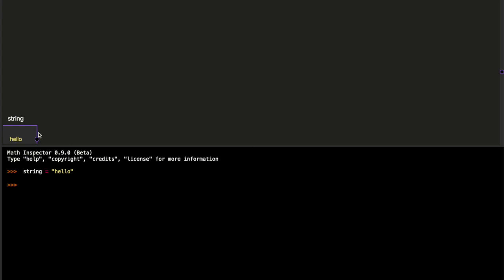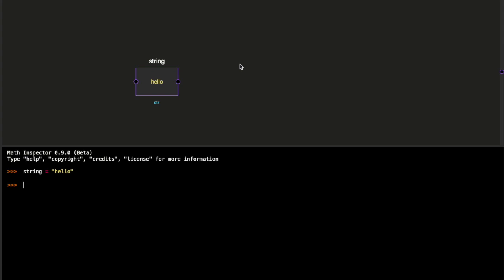That's going to be our string. Block coding has become really popular these days as a way to teach people how to program. But Math Inspector is the only block coding environment which exists which is capable of mapping an entire programming language. Other block coding systems only map a small part of the programming language in which they were written. In order to get Numpy to have a block coding system, I created a block coding system for all of